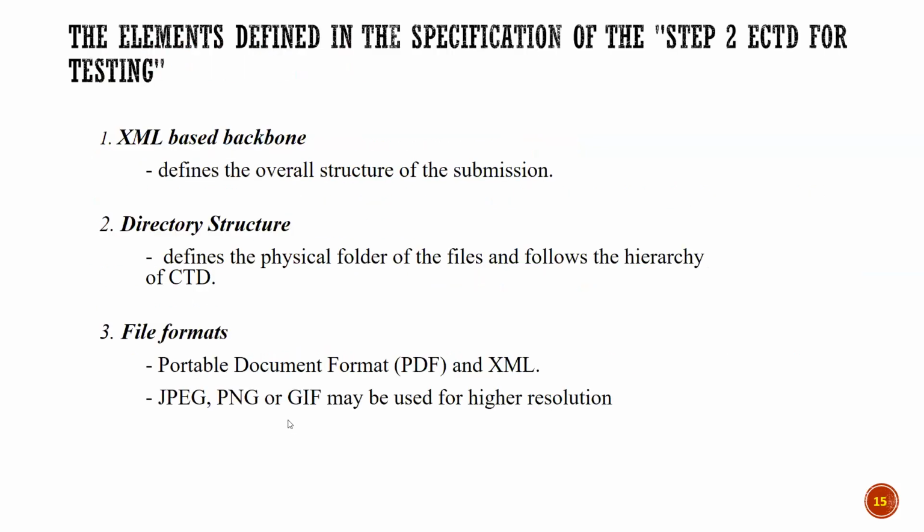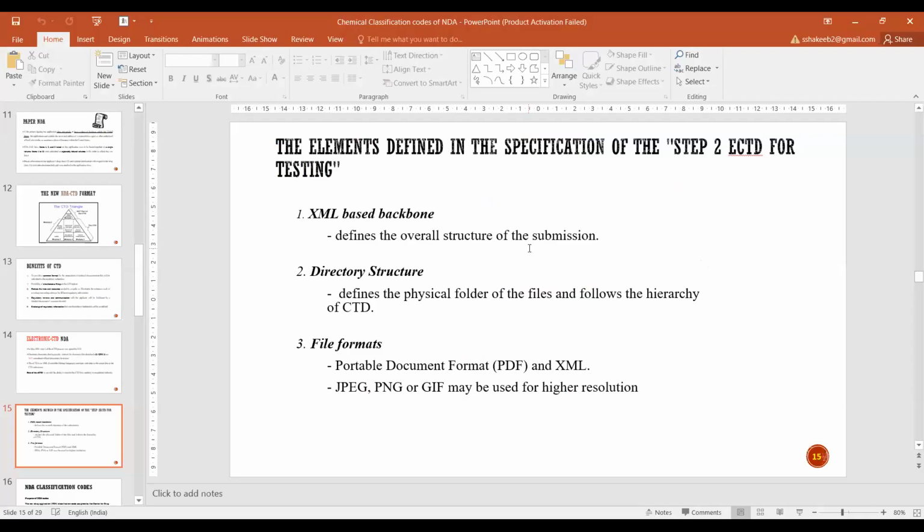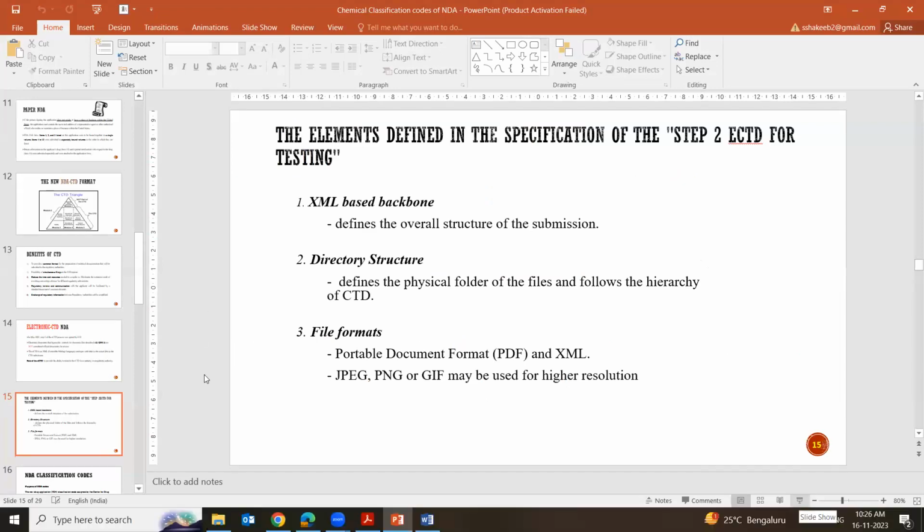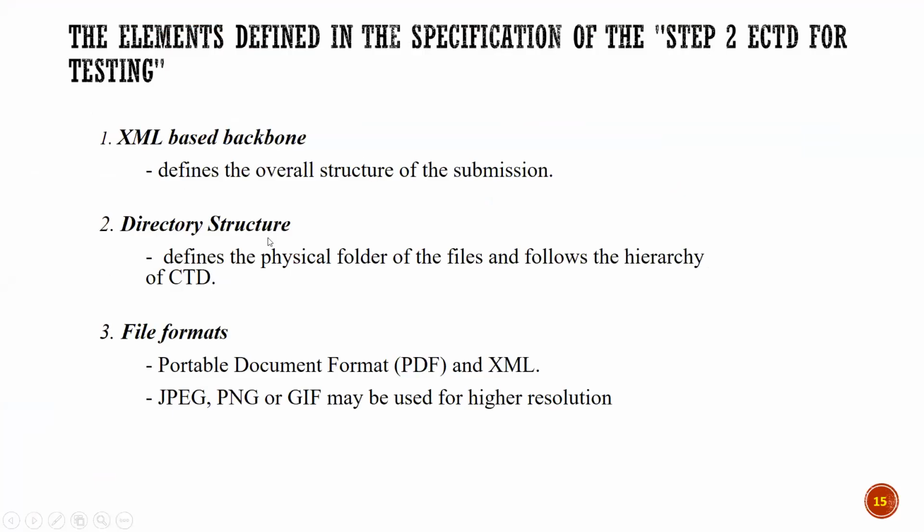The elements defined in the specification of the step 2 eCTD for the testing. So here we have three different formats: XML based backbone, directory structure, and the file formats. All the documents we upload in an eCTD structure should be in a portable format, like PDF.